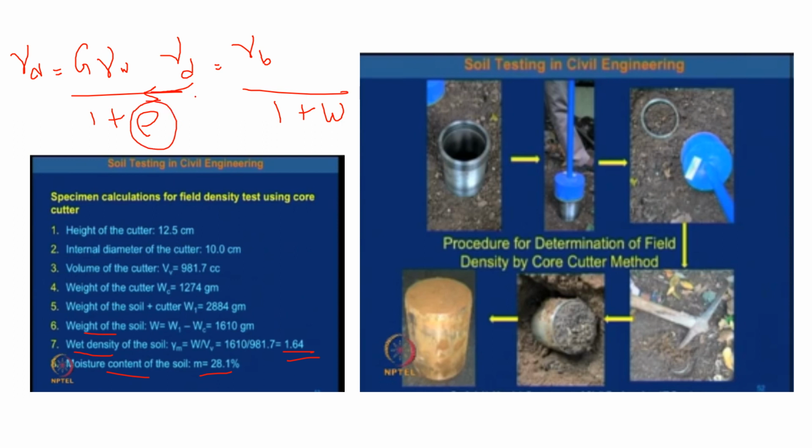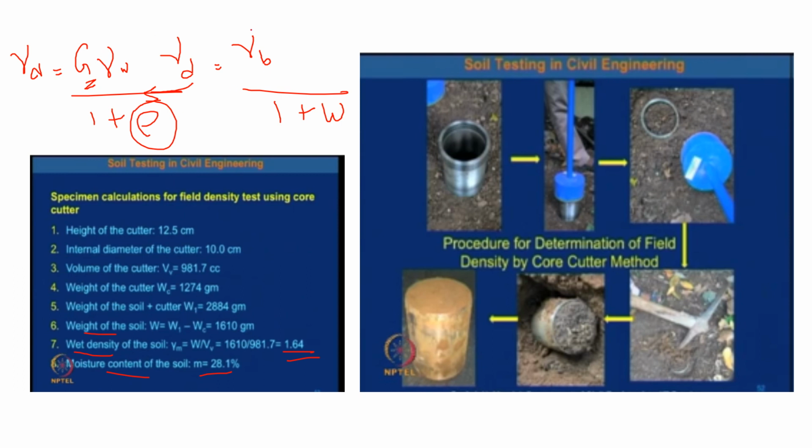You can get your void ratio, a very important parameter for a soil. So from dry density, if you know the specific gravity of the soil, you can know the void ratio of that soil, and then you get the porosity. Okay, so in general, the lesser the void ratio,